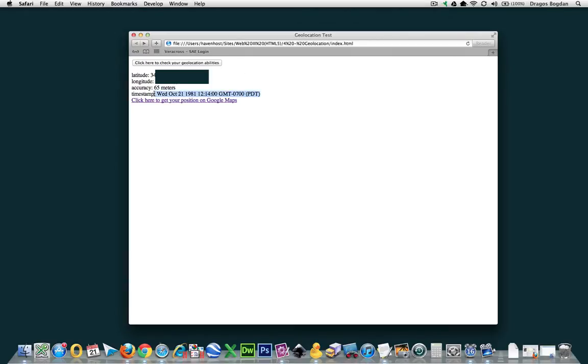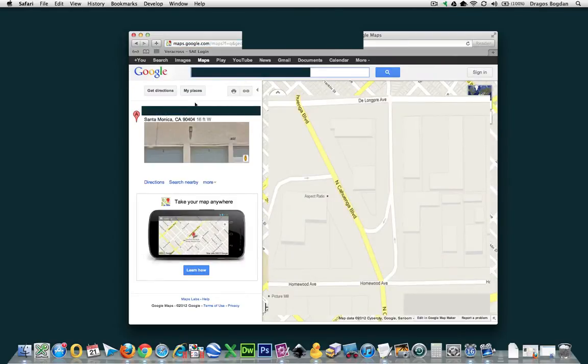Now, I'm using Safari here, and Safari seems to have a bit of an issue with geolocation's timestamp. So, although it's saying the right date, it's given the wrong year, clearly. And the final thing we're going to create is a link over here, which says click here to get your position on Google Maps. And when you click on it, it actually takes me to my geolocation of where I